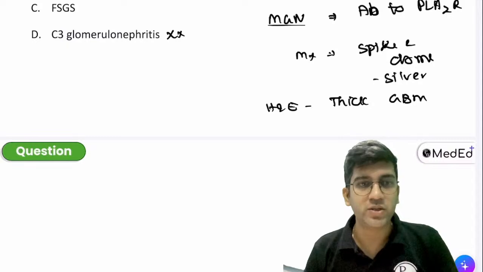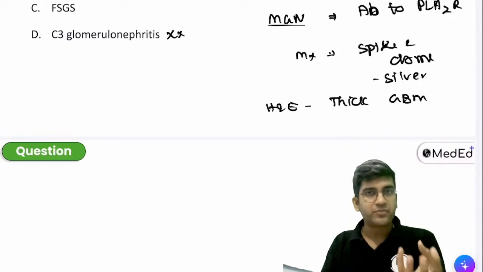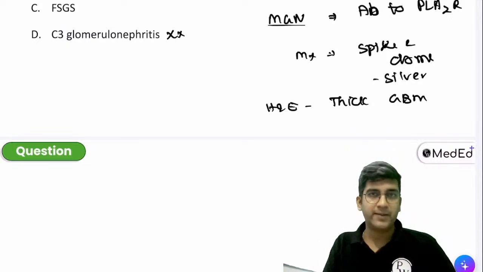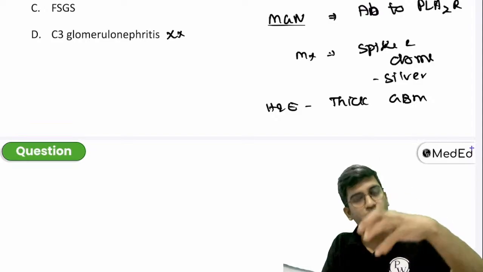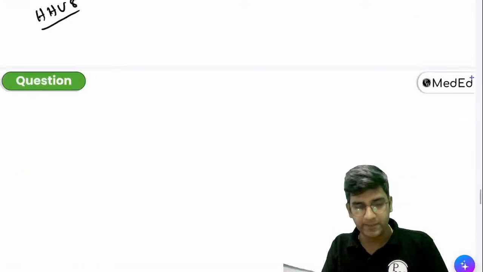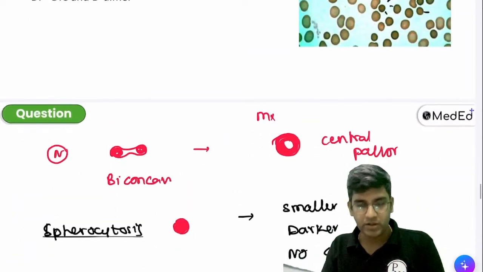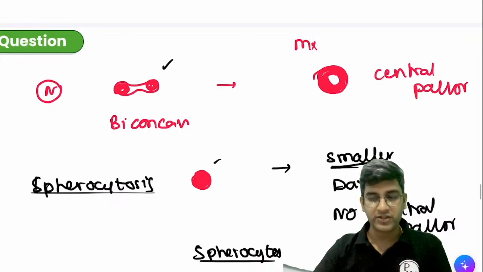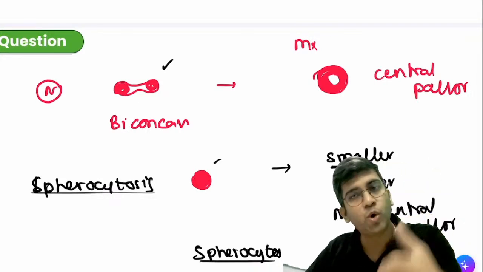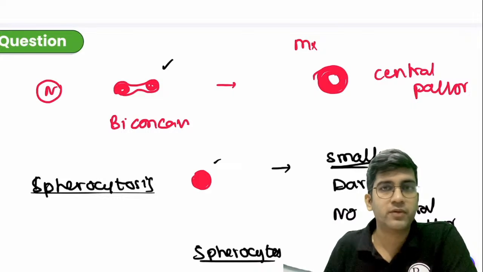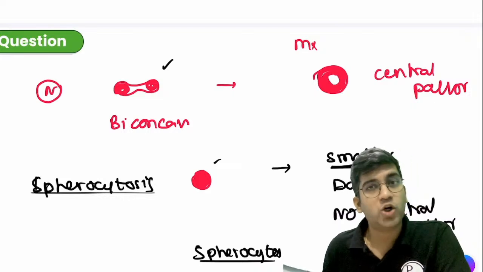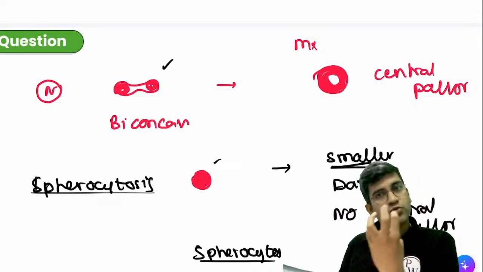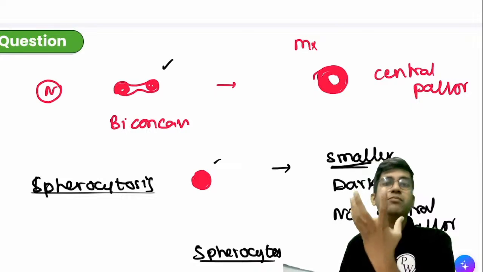Osmotic fragility test, what we do is we take the RBC and put it in hypotonic saline, right? Let me go up for a second. I have two RBCs here. One is bigger, one is smaller. Spherocyte is smaller, so it can accommodate less water. A normal RBC can accommodate more water because spherocytes are smaller. So with less water itself, it will burst.